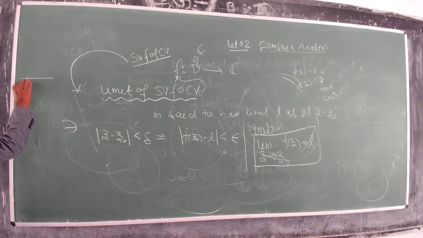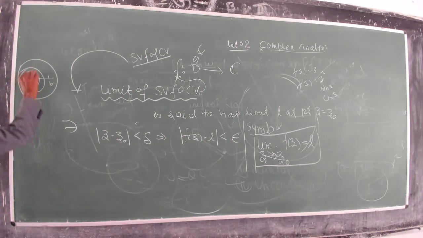So if I have a point A and another point B, I can tell you the distance between A and B. But in complex analysis, as we saw yesterday, the whole plane is there. So how will you calculate the distance from A to B? You have to take a disc like this, make a circle, A is here, B is here. Now make one more circle, keep on circling. If the radius is decreasing, this is the biggest radius, right? This is also a radius, this is also a radius.